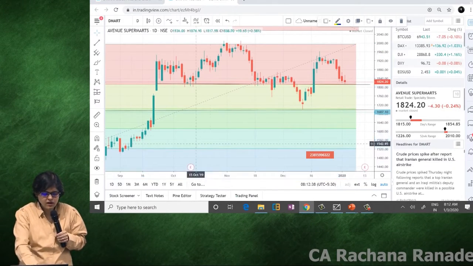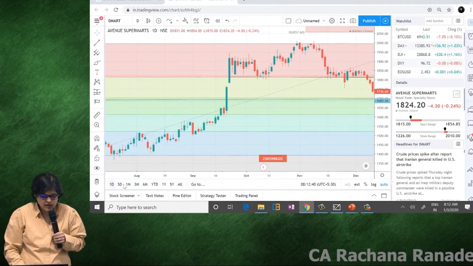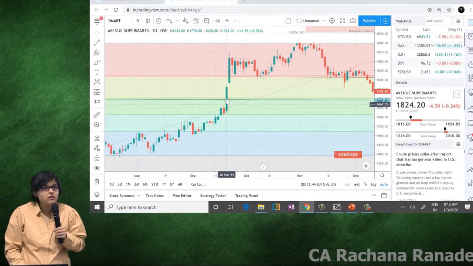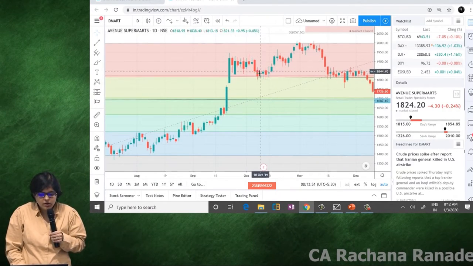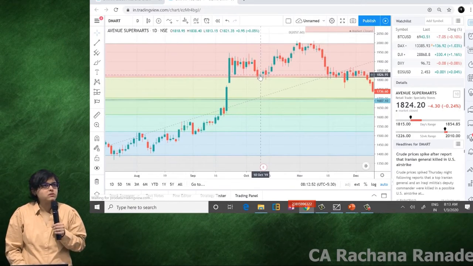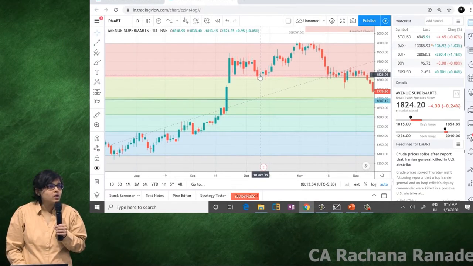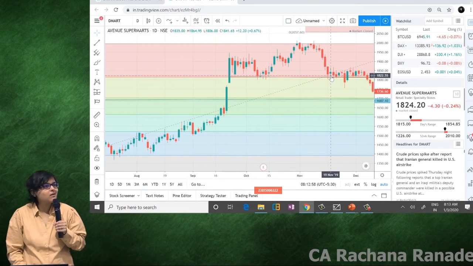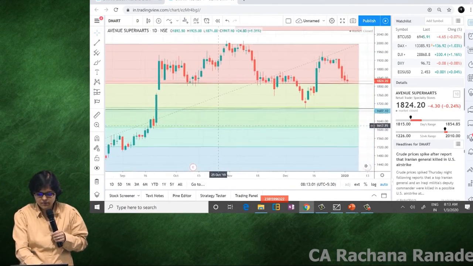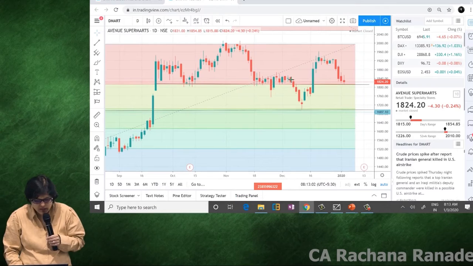It was in an uptrend, na? Are you with me or no? It was in an uptrend. It broke which level? First, the 38% level it broke. Now the 23% level it has broken. Going up, retraced. Found support at 23%. Went up, found support at 23%. Big support at 23%.